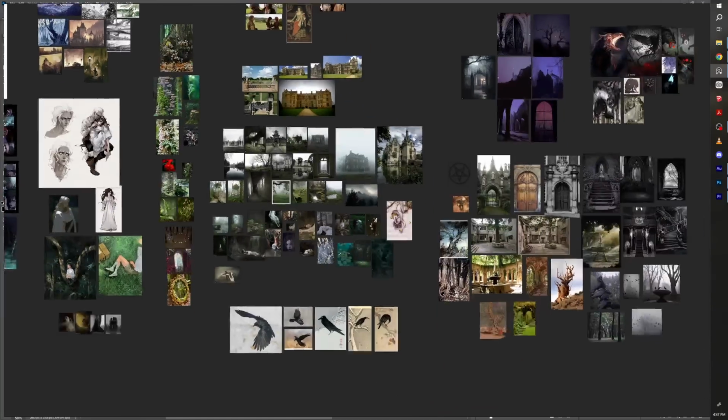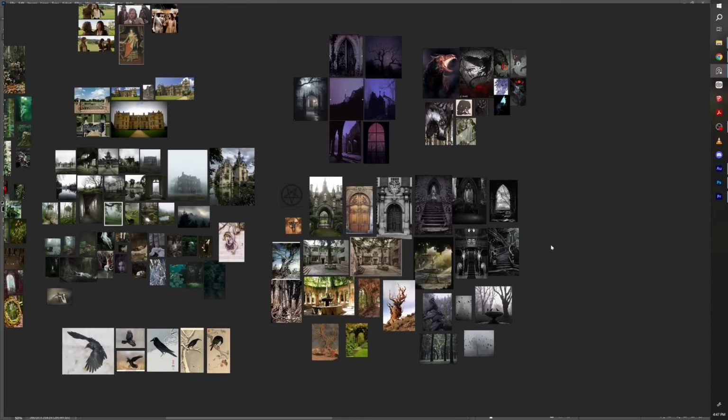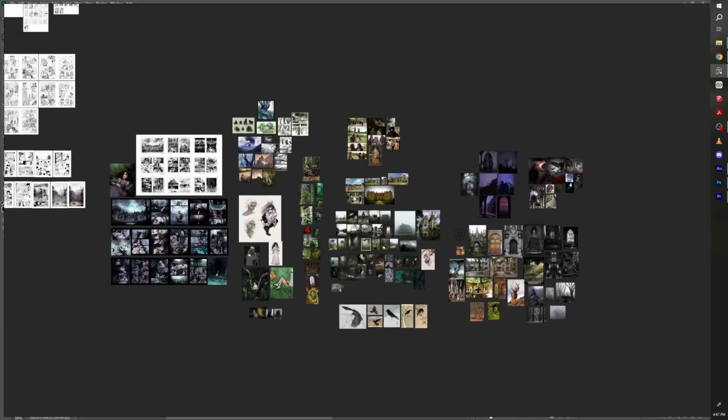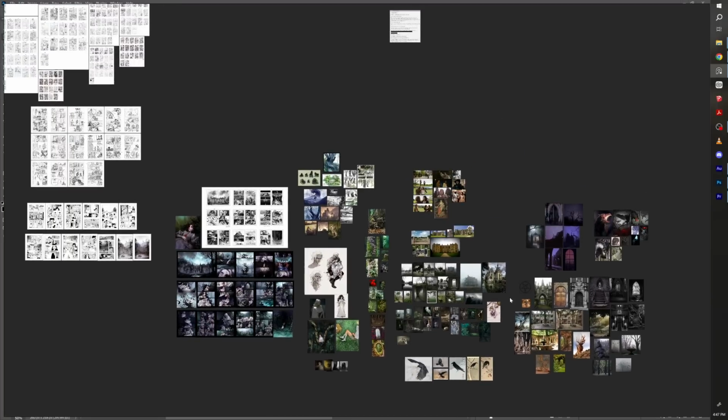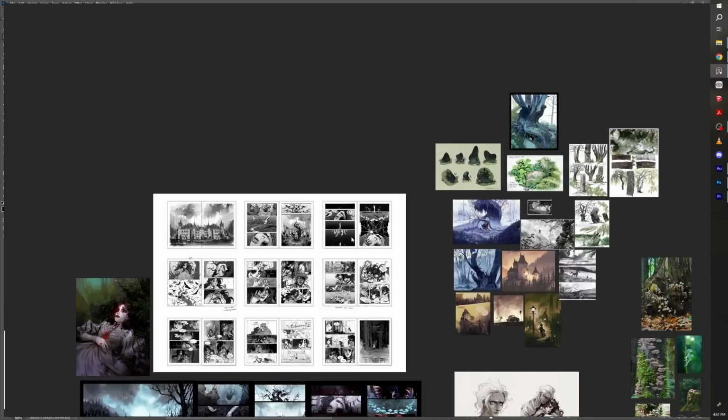And yes, so more specifically for other scenes, I know at some point there's going to be a courtyard. And before I keep going with this, this board is something I use all the time, and it evolves all the time. So I'll add things to it very frequently as I'm moving along in the process. When I just started on the thumbnails, half of these images weren't here. Sometimes I come across a situation where I need more, and then I will go and find some stuff. And I had the thumbnails pasted in here